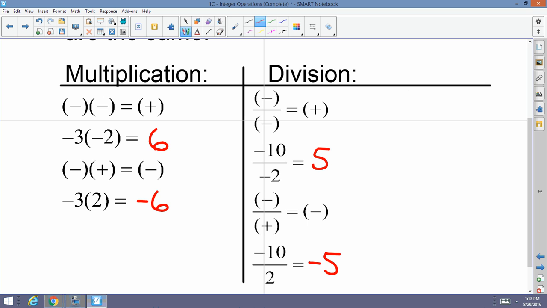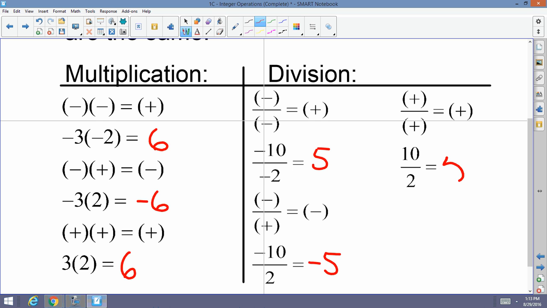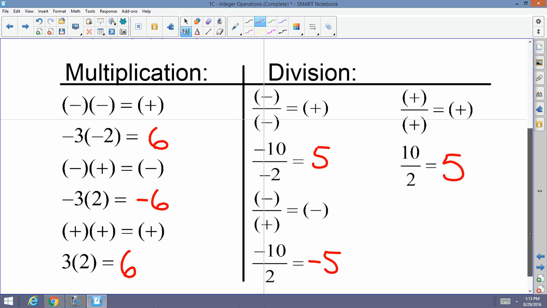And last but not least, a positive times a positive is a positive, and a positive divided by a positive is a positive. So for example, positive 3 times positive 2 is positive 6. And for division, positive 10 divided by positive 2 is positive 5. Those are the rules for